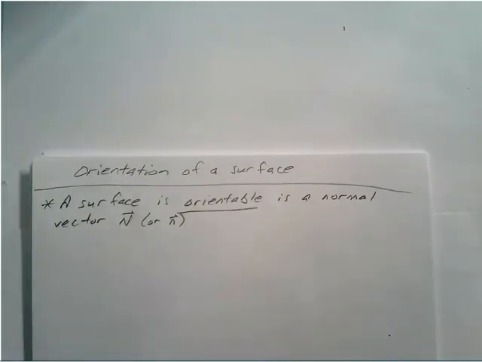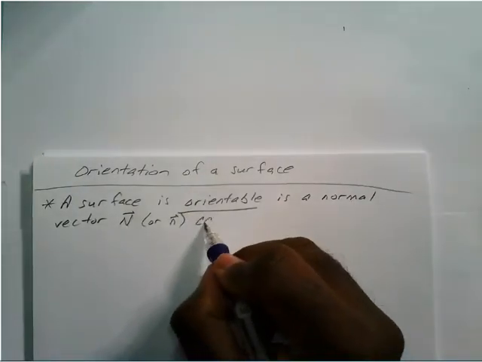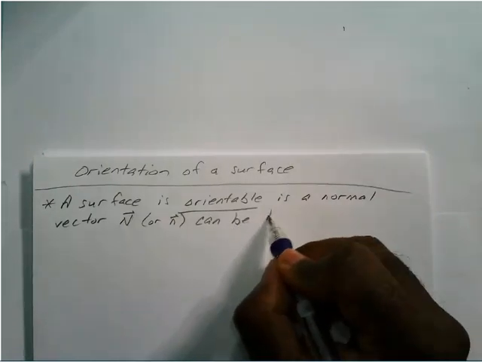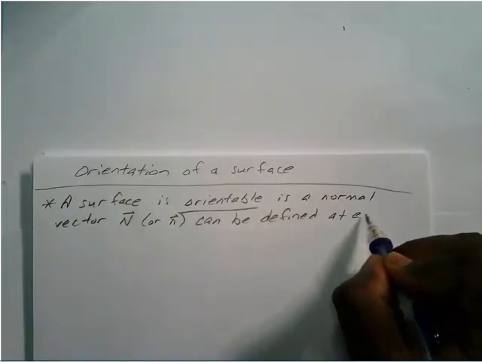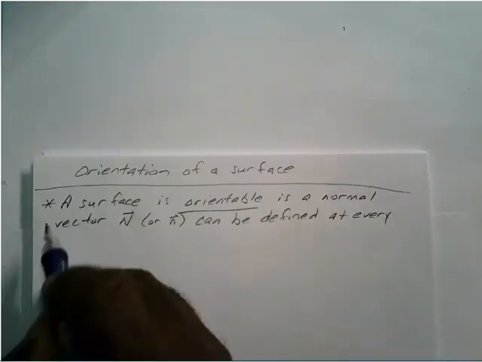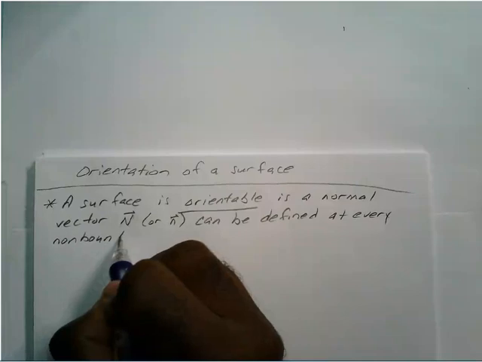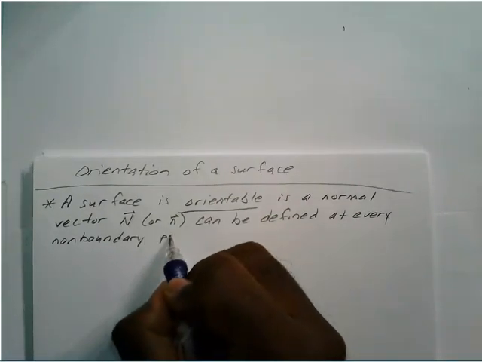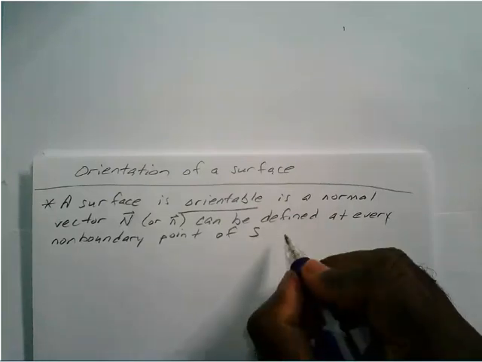Okay, I'm just using the uppercase, and you'll see why I'm using the uppercase for the orientation, and I'll show you that in a second. Okay, so the vector can be defined at every non-boundary point of your surface. That, of course, we will call S, such that